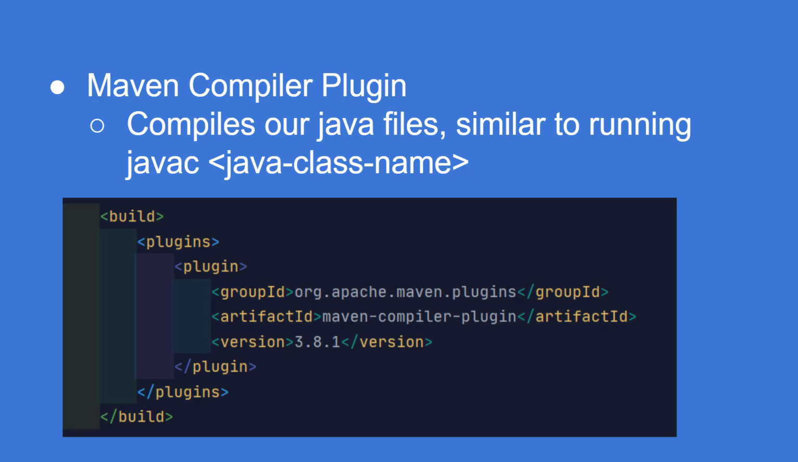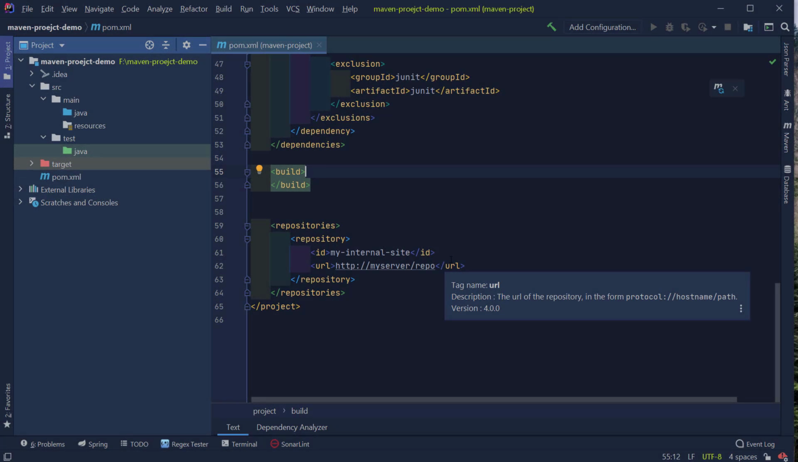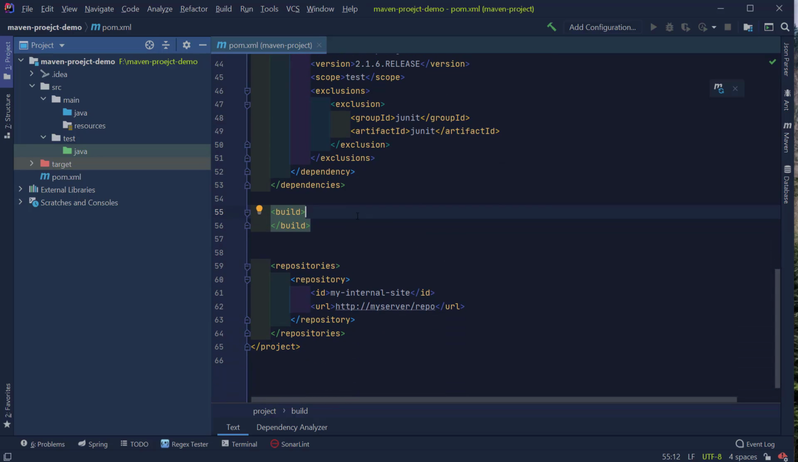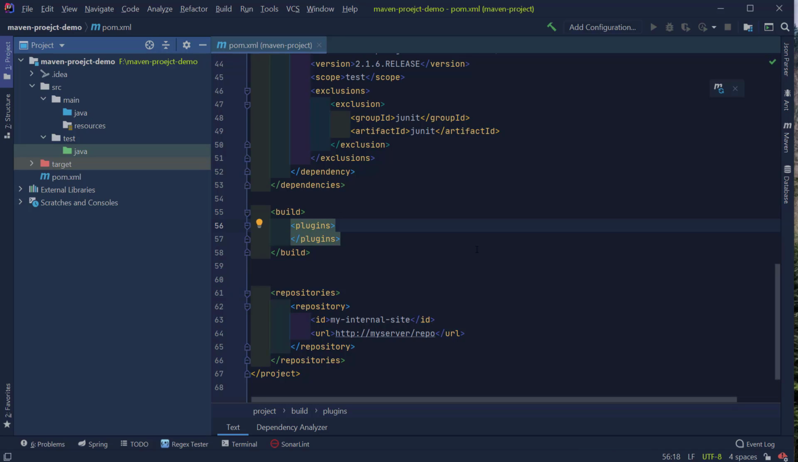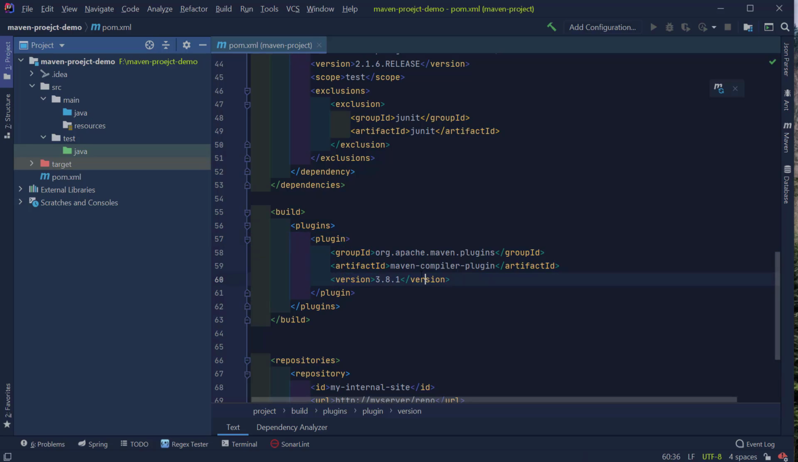Inside the pom.xml, all the plugins must be defined under the build tag. So we will usually define this build tag under the dependencies section. And inside the build tag, I am going to define a tag called plugins. And inside the plugin section, I am going to define the compiler plugin, which has the group ID as org.apache.maven.plugins